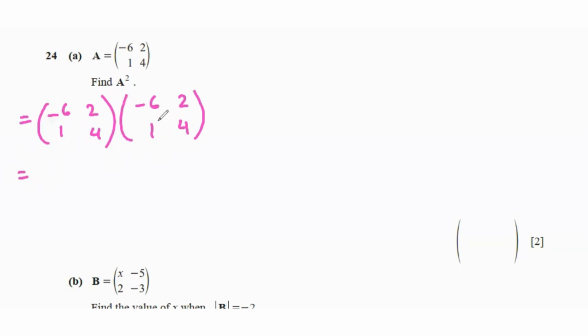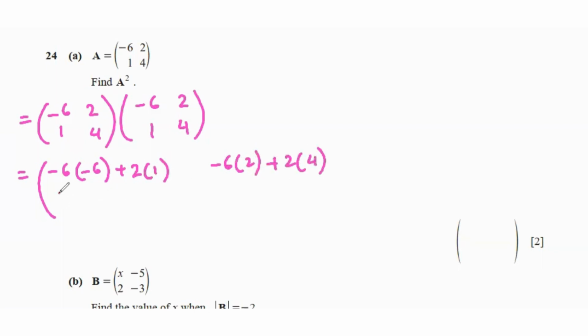Then you multiply the first row with the second column, and then repeat the same steps with the second row. So what I mean is that we'll do -6 times -6 plus 2 times 1, -6 times 2 plus 2 times 4, 1 times -6 plus 4 times 1, 1 times 2 plus 4 times 4,